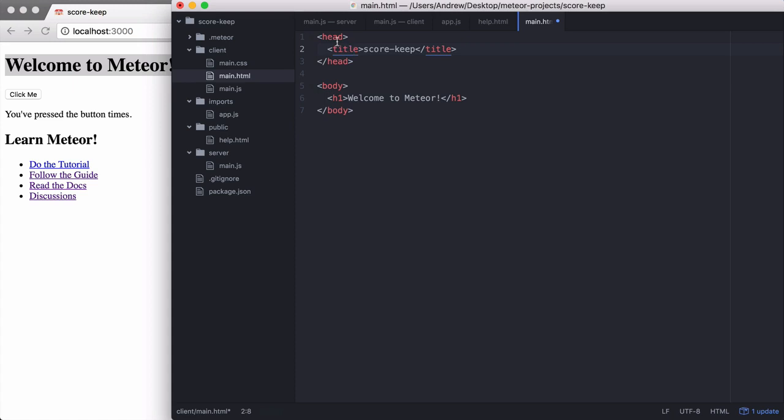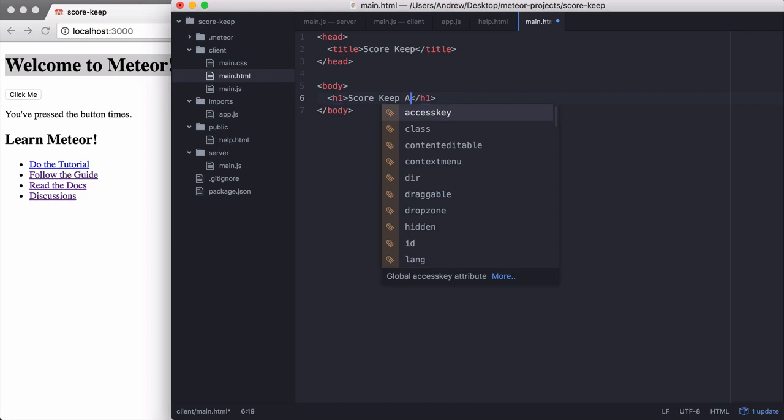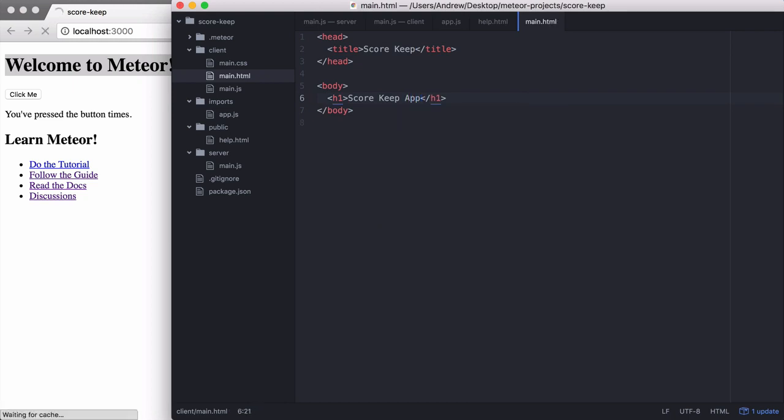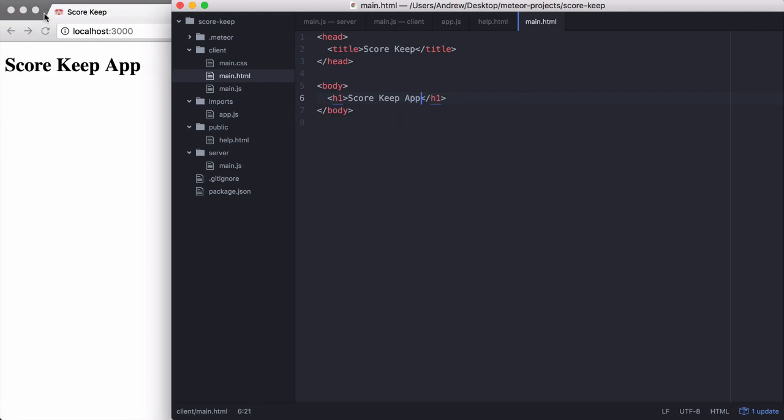Here we have a head where we can do some configuration, like configuring what shows up in the tab title. I can change this to uppercase S, score, space, uppercase K, keep, and I can go ahead and change the H1 tag to score, keep, app, just like this. When I save the file, it automatically refreshes, and there we go. We now have a much better boilerplate main.html file, something we can build on to in the rest of this